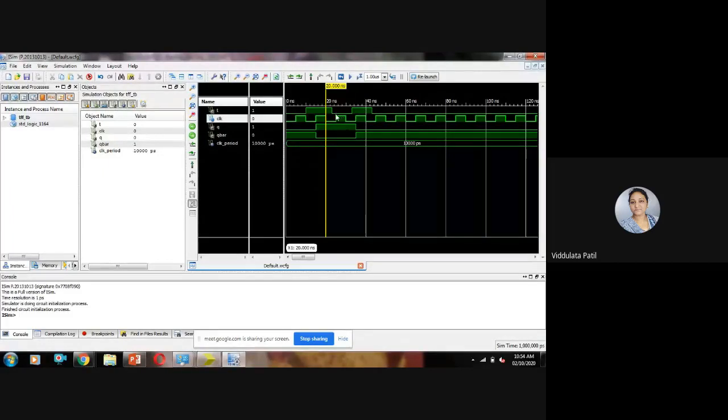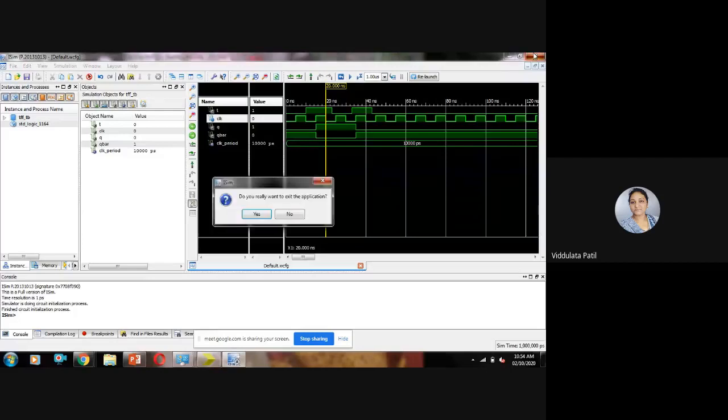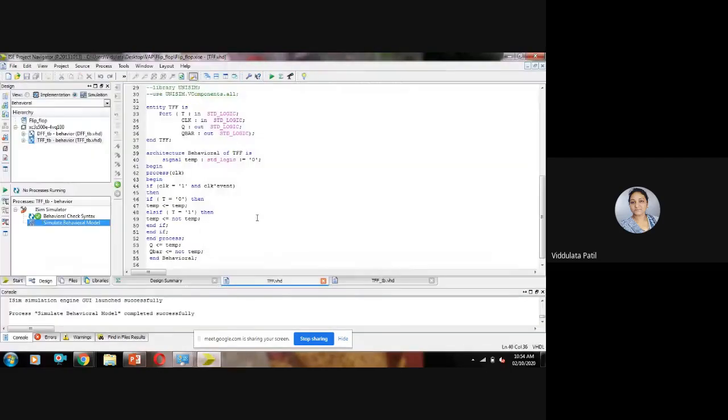Okay, so we have now checked the VHDL code of D flip flop, then T flip flop. Now let us go for another type of flip flop. Okay, so as we know, the SR latch does not have any clock signal. So it is without clock. But when we are considering a flip flop, it has a clock. So let us check the clocked SR flip flop.